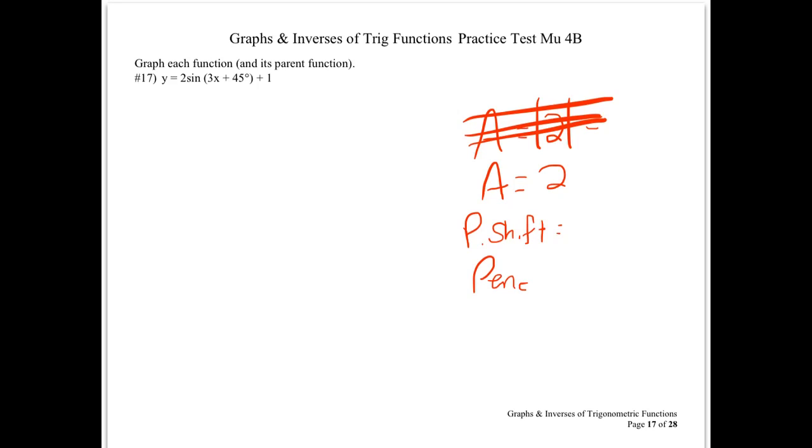We need to know what the new period is. We need to know what the vertical displacement is. Vertical displacement here is 1. That's simple. To find the phase shift in the new period, take the angle you're given,